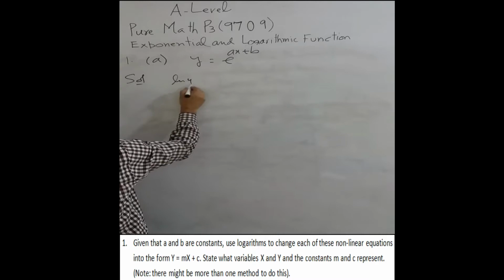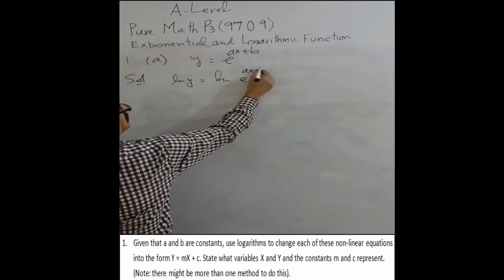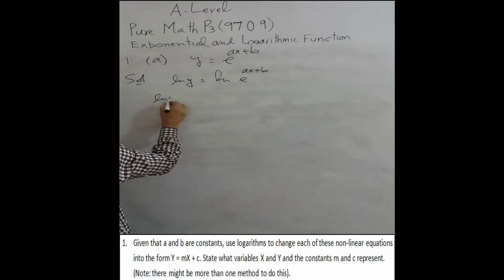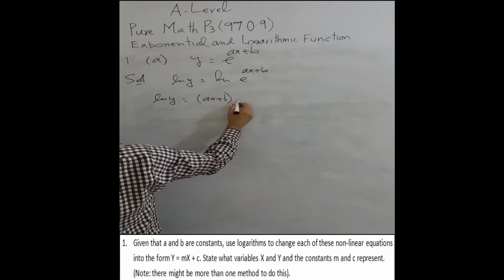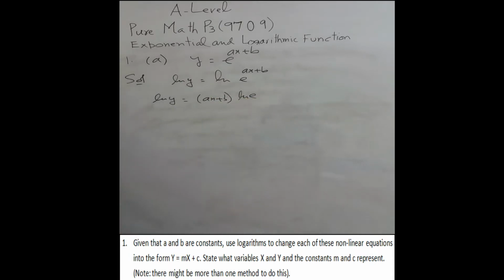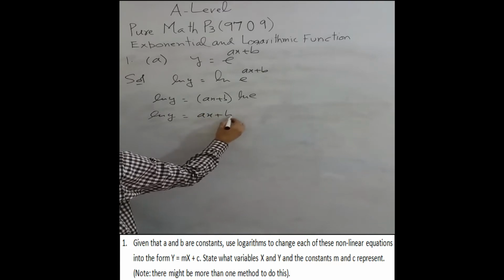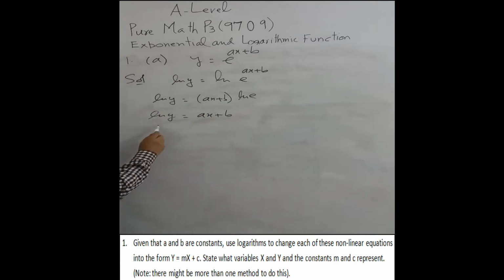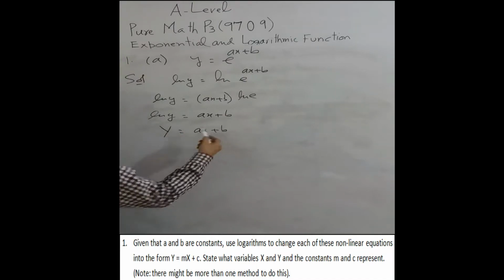Now taking log on both sides, applying the property of log, we can write it like this: ln y is equal to, this is 1, so we have ax plus b. So if I take it as capital Y and the right hand side is the same, see that this is now an equation